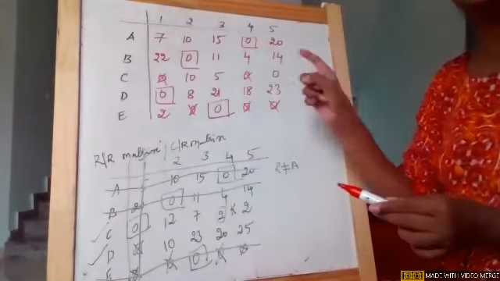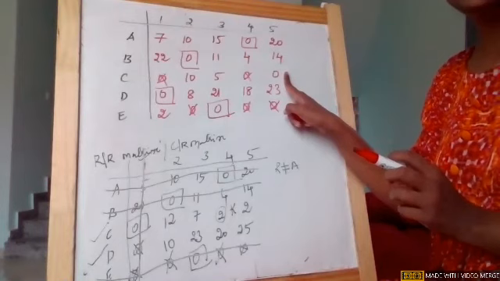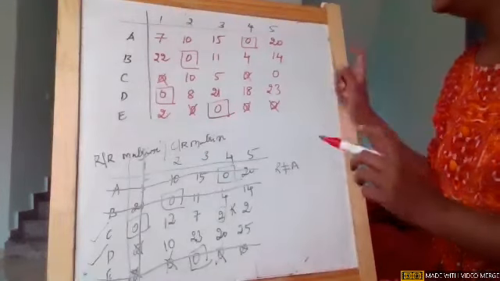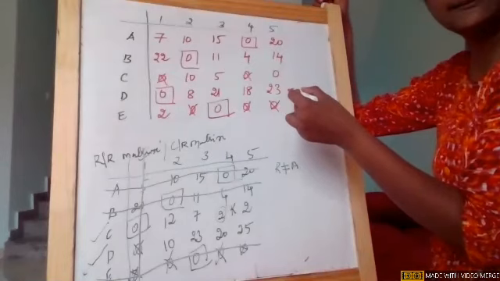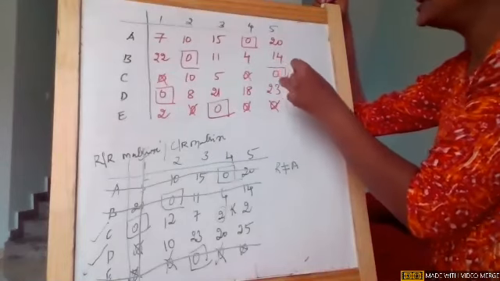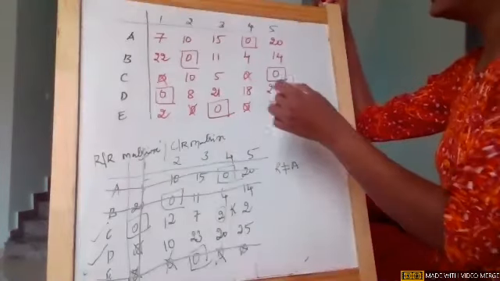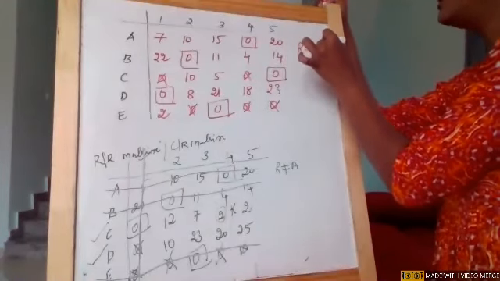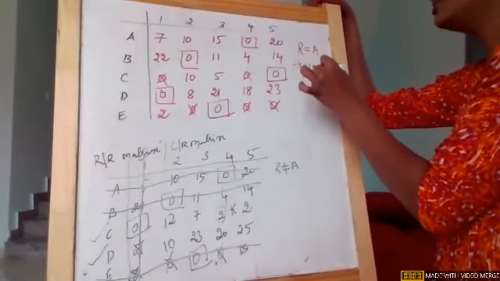When my row and column is done, I can see one 0 which is uncovered, yes or no? So when this kind of scenario exists, immediately you can check row wise and column wise. Do I have any assignment? No. So I can immediately make that as an assignment. So I think my rows are equal to assignments. So hence it is an optimal solution.